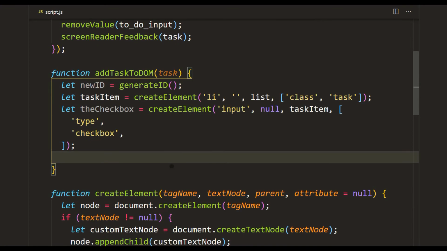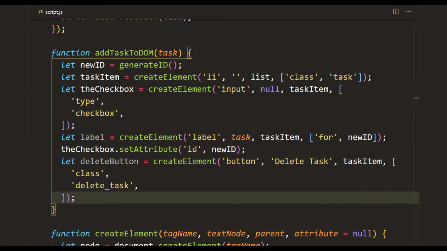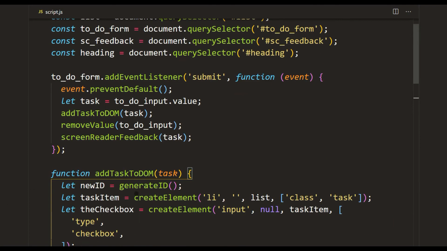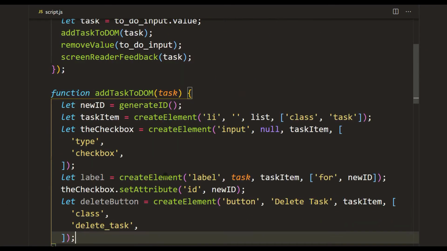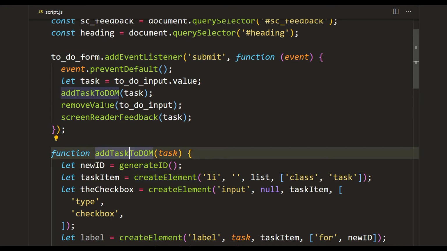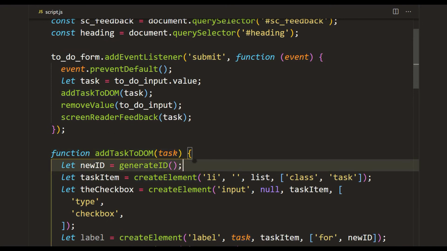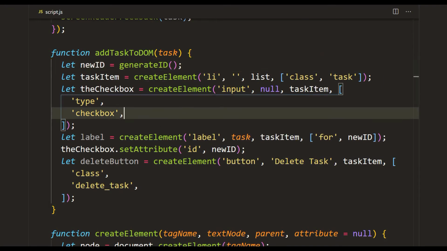And now we need to create the label and the delete button. I'm going to do that real quick and then explain it to you. Okay, so I added the label and the delete button, and I made the delete button not a child of the label, but a child of the li, which is over here. The label is going to be a child of the li as well, and the label is going to be a sibling of the button. I know it sounds confusing, but it's going to make sense when we actually generate it. So addTaskToDOM is going to be the same. It takes 1 argument, which is the name of the task. Now let's see if it's working.